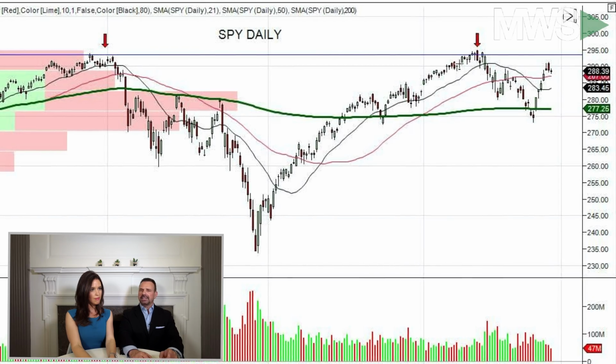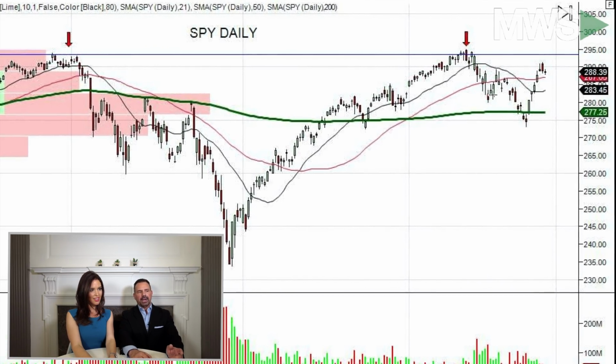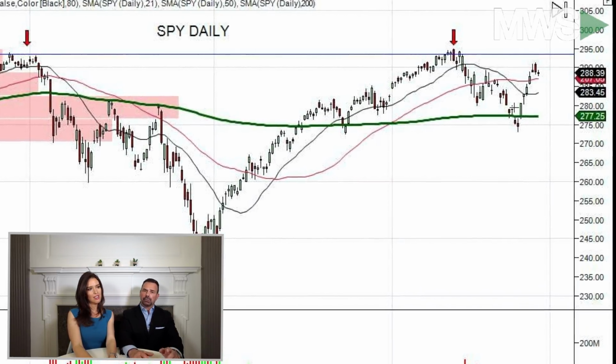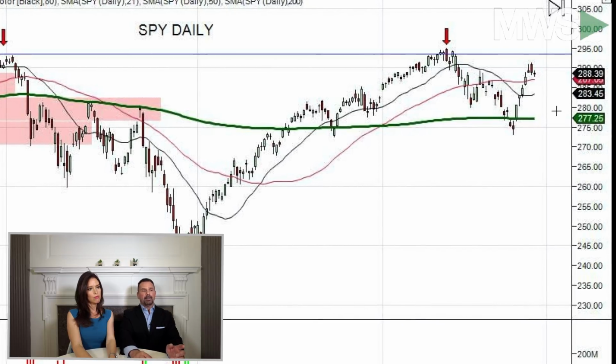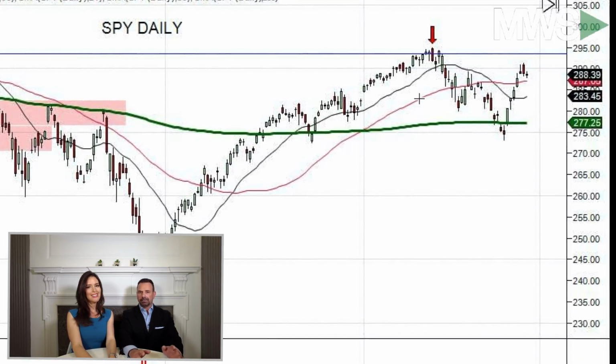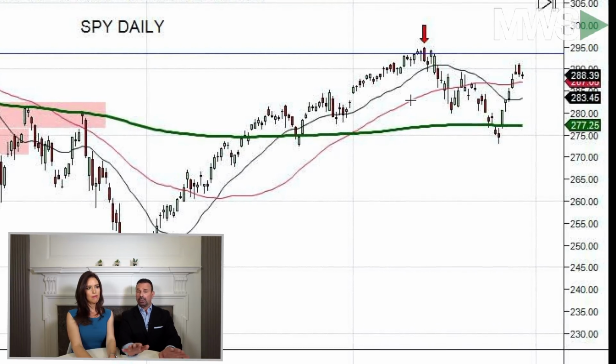So, you can see that this is a head and shoulders pattern. We have the head right up in here. We have the left shoulder here, and we have the right shoulder here. Now, actually, this could have been more of a complex head and shoulders like we had in Square. But the right shoulder exceeded the first right shoulder. So really, it's not a head and shoulders pattern. However, what makes this even more a non-trade, what I wouldn't trade, is a lot, and I don't like to listen